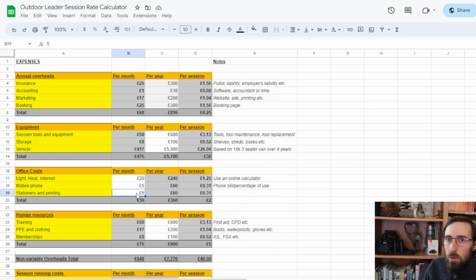I try and reduce the amount of paper I use. I try not to do arts and crafts in the woods as much. I try not to just give people fact sheets and check sheets and whatnot. But even then, you're still going to spend, whether it's on pencils to mark wood planks for woodworking, or Sharpies for writing on equipment. You will spend a bit on that, but all of these costs are relatively low.